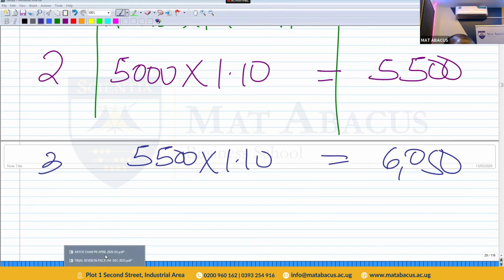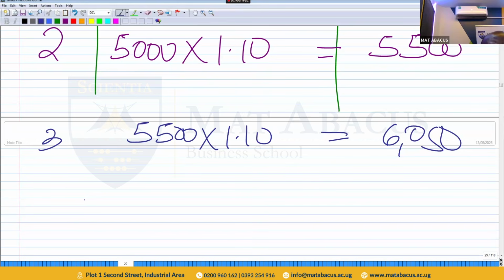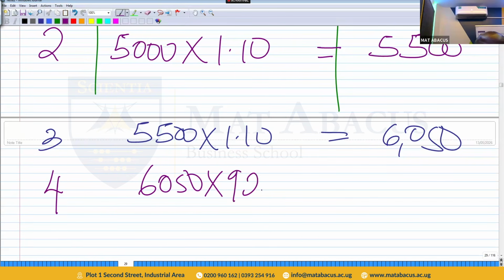Go back and read the case. The 10% is effective year 2 up to the beginning of year 4, when the expected will decline by, read the word, decline by. So in year 4, we are declining. So in year 4, we are going to get the 6,050. We are declining by, so we multiply by 92%. You end up with